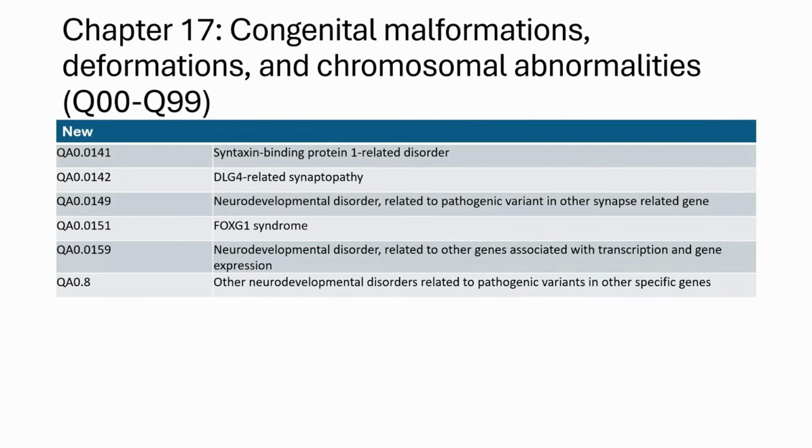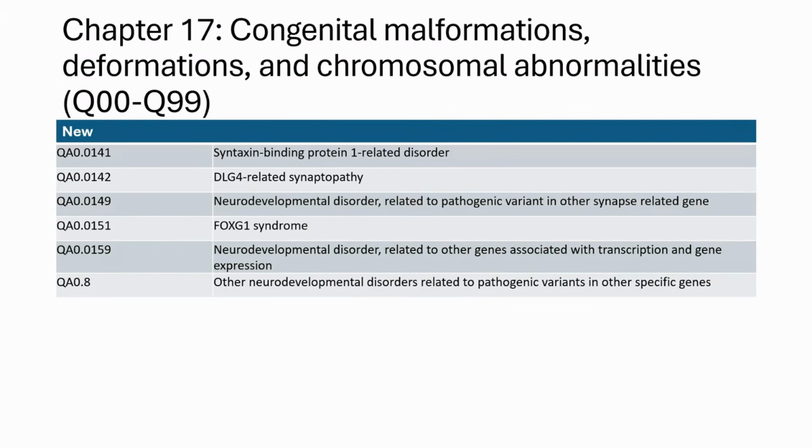These Chapter 17 conditions are tied to mutations in very specific genes that affect brain development, learning, and behavior. So ICD-10-CM has new codes for syntaxin binding protein 1 related disorder, which is linked to epilepsy and developmental delay, as well as DLG4 related synaptopathy, which impacts synapses, or the way the brain cells communicate, often presenting with intellectual disabilities and seizures. We have FOXG1 syndrome, which is a rare disorder that causes severe developmental delays and structural brain